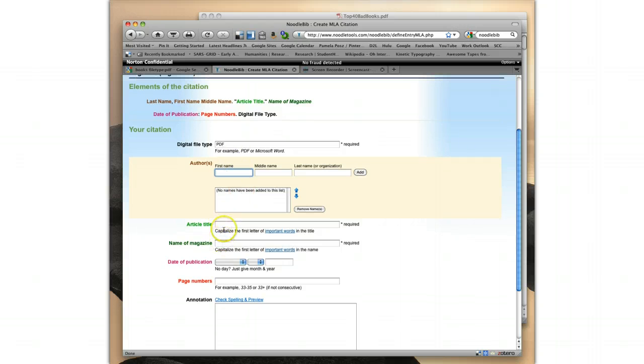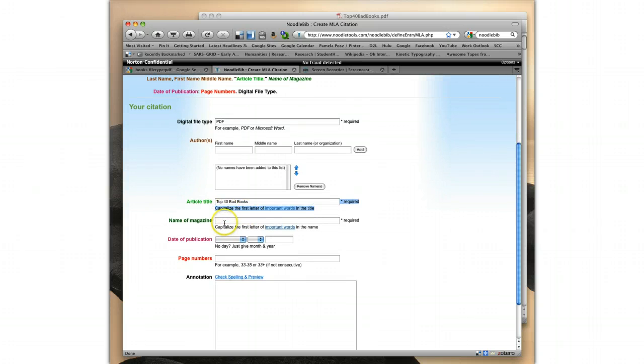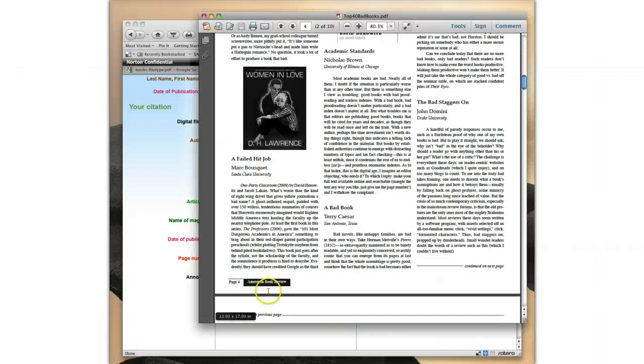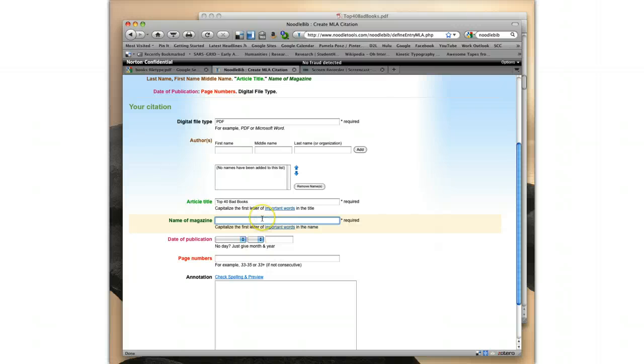There's no author, so I'm going to skip that. And then I'm going to just type in top 40 bad books. Okay, and notice this is again why I like NoodleBib, because it gives me hints on how to format my citation. The name of the magazine is, let's see, where was that? American Book Review. The date of publication, so January,